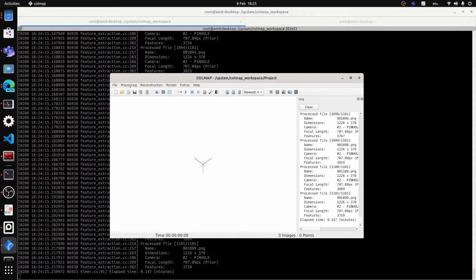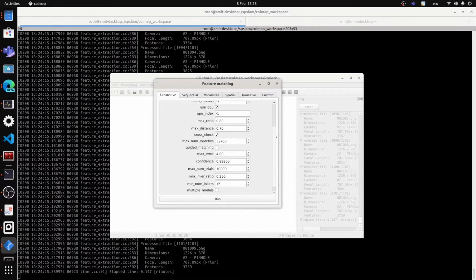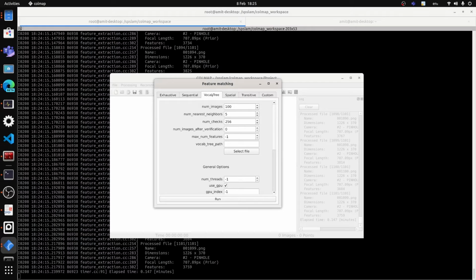Now next I can go to the processing and feature matching part. Here I have different options for feature matching, so I can use the algorithms like exhaustive, sequential, vocab tree, spatial, transitive, custom. I think vocab tree is the most popular kind of feature matching, and it's also recommended in the documentation on COLMAP. So I'm just gonna go to this tab, and here I have an option to provide the